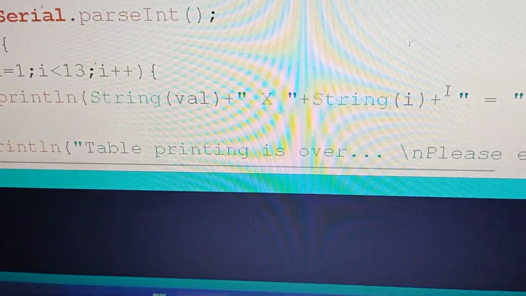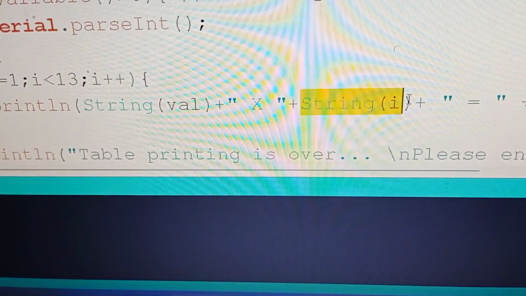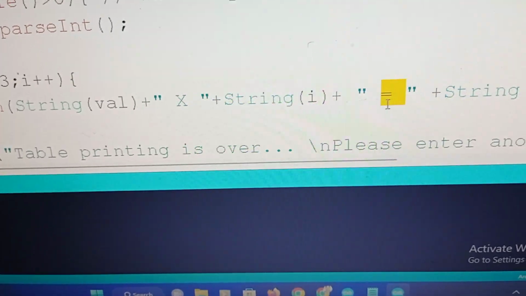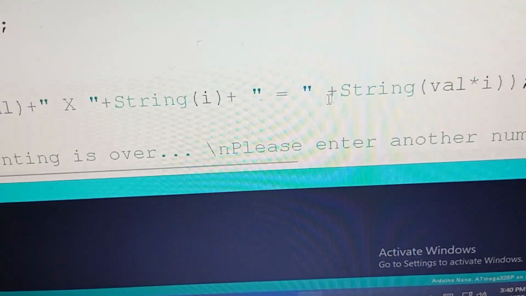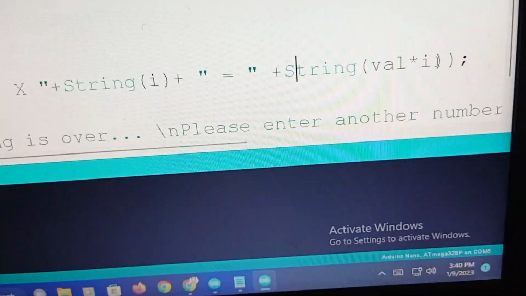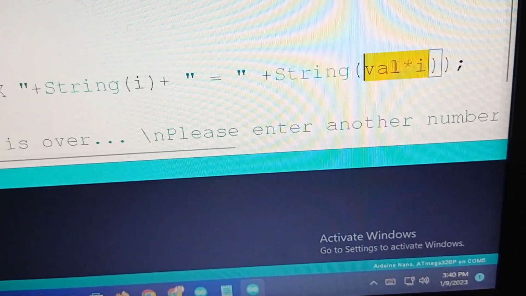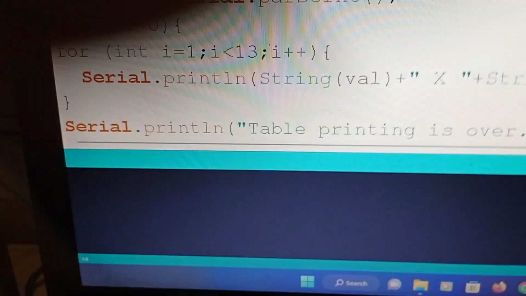So this i value is once again an integer, so I am converting it to string. So 2 into, now it's 1, plus is equal to. This equal to I have printed under double quotes, so it gets printed as it is, and then plus the value. You can see val star i. So the val is now 2 and i is 1. So 2 into 1, whatever is the value, that is printed here. So in one single line you can print the entire